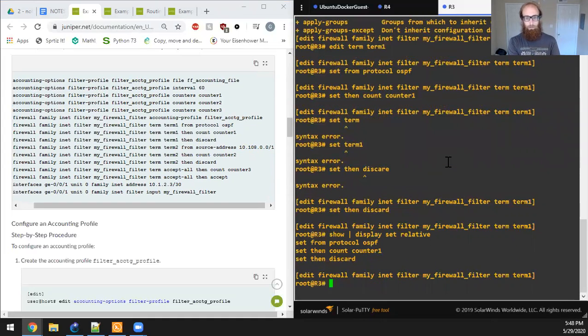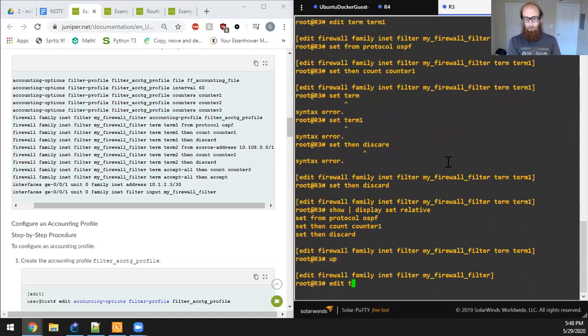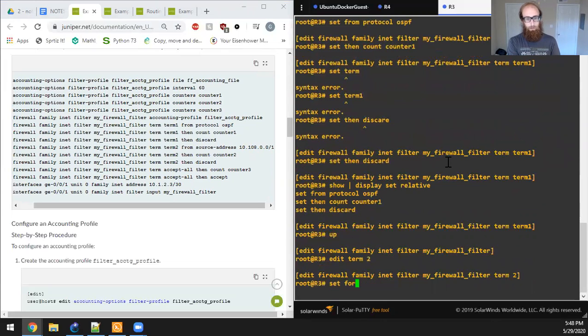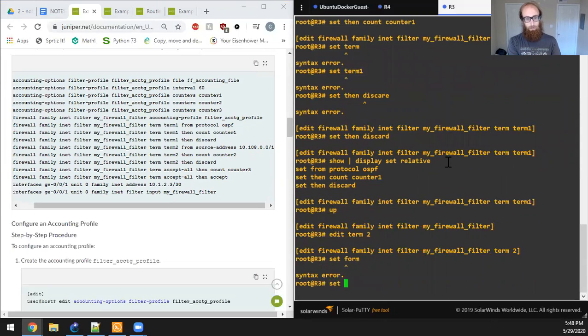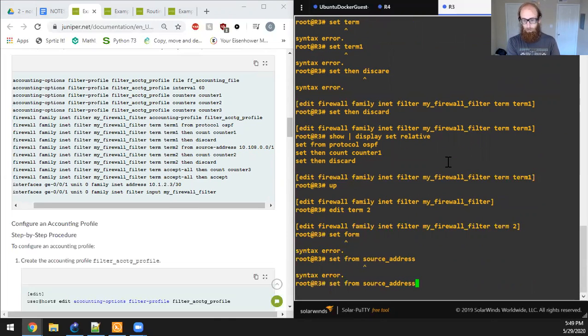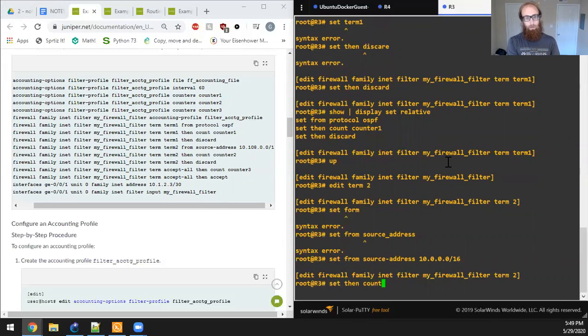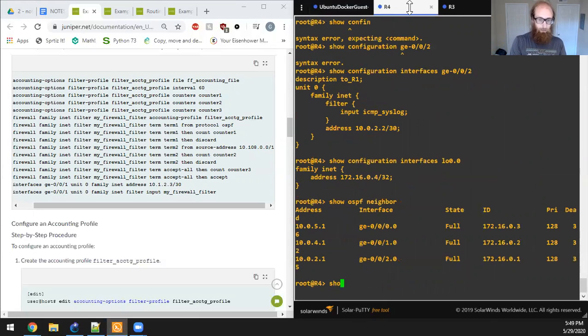Perfect. Got all three of those statements in term one. So time to move on to the next term. Oops, it's going to be a dash, not an underscore. So that's, of course, a little bit of a security risk, because if I do a show route